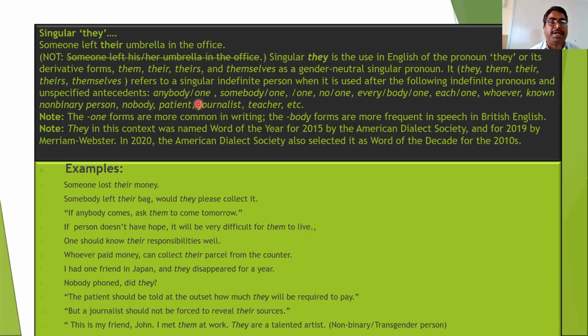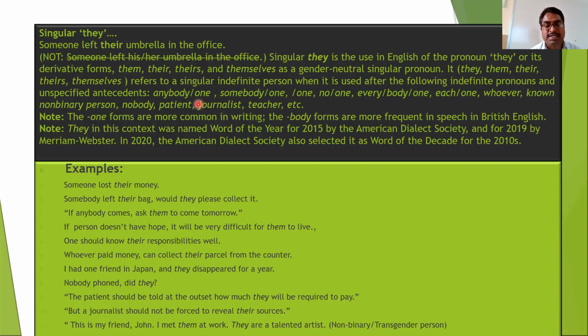First, I will tell you the definition of pronoun. A pronoun is a word which is used instead of a noun to avoid its repetition in the sentence or in the paragraph. There are three types of pronouns: first person, second person, and third person. They are divided on the basis of the function they do.